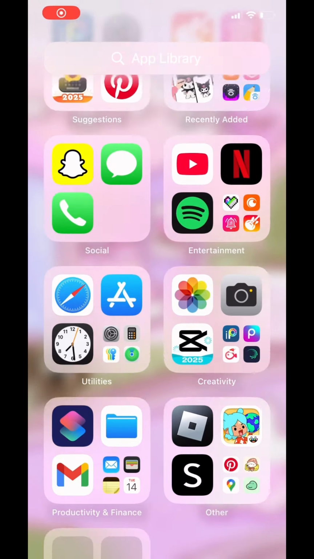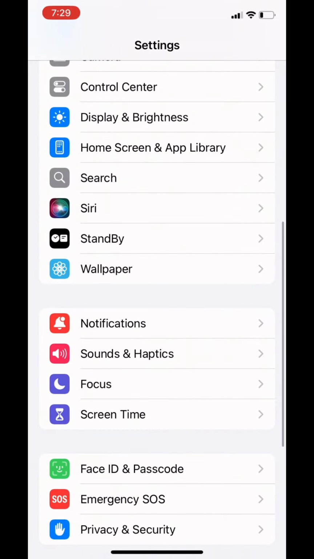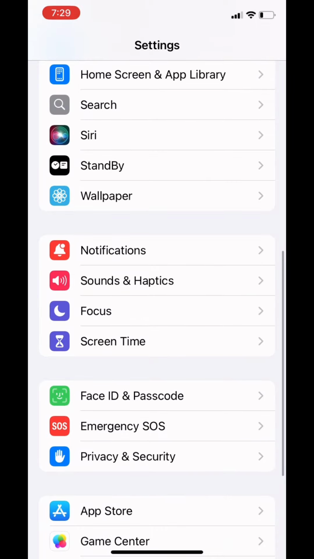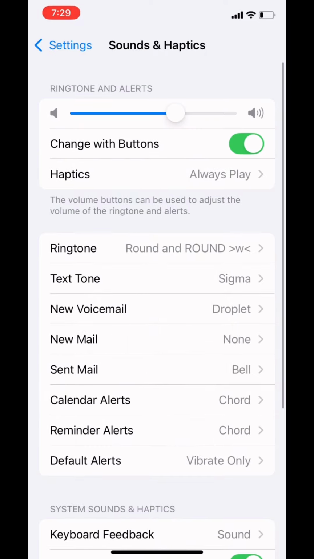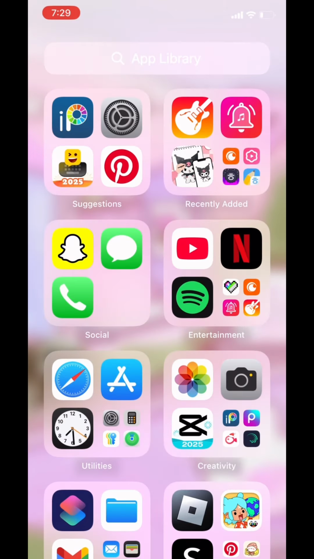Today I'm gonna be showing you how to do a custom ringtone. So basically, you can get one, whatever you want, like a song or whatever. So first, you will want to